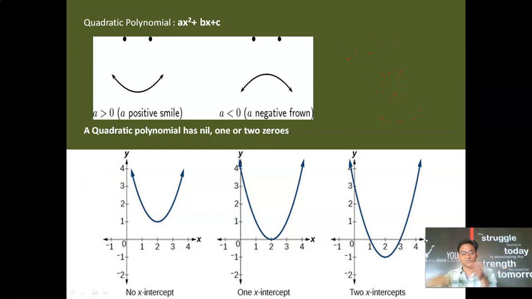Now see, the next point is 1 x-intercept. What is this intercept? Intercept gives the same meaning. See, in the second case you can see this particular point, the coordinate of this particular point is going to be 2, 0. So this 2 is going to be known as the x-intercept. This intercept is nothing but the distance from the y-axis. Clear? This distance is 2. So 1 x-intercept means 1, 0. So the only zero of this polynomial is x equal to 2. Clear students? So this is the case when we get 1 zero.